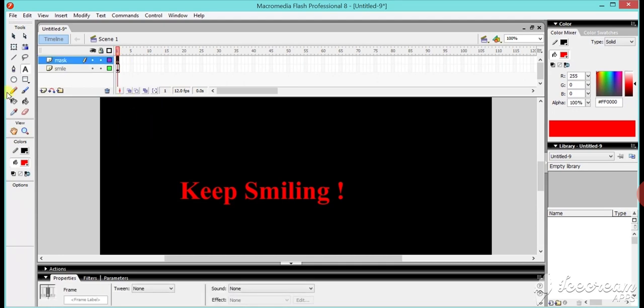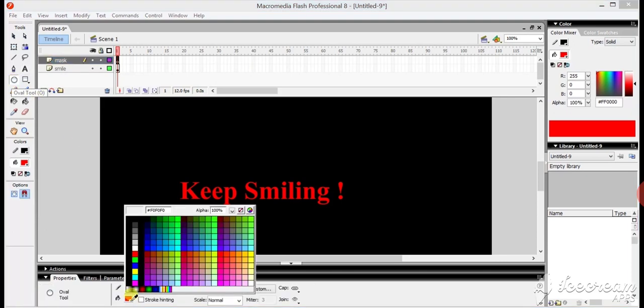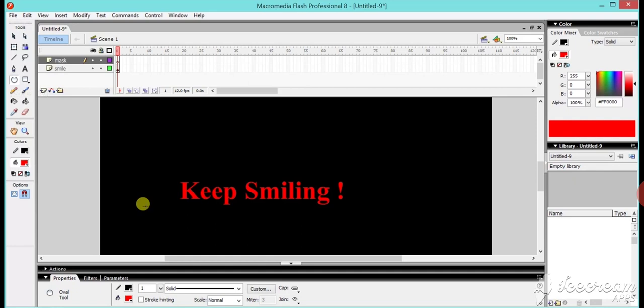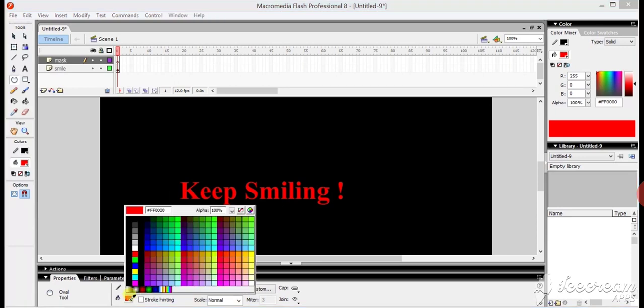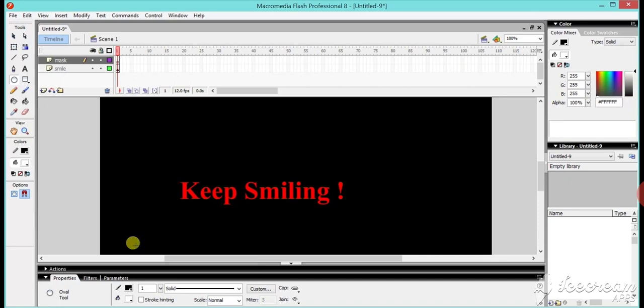Then select the first frame of the mask layer and draw an oval. Set its color. See, it's bigger than the font size. Here we set the color white and draw it bigger than the text height.